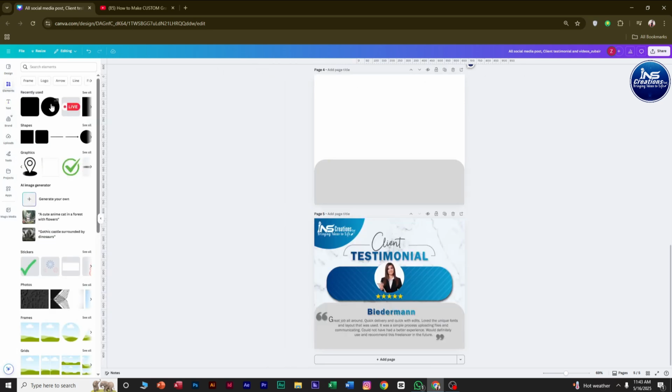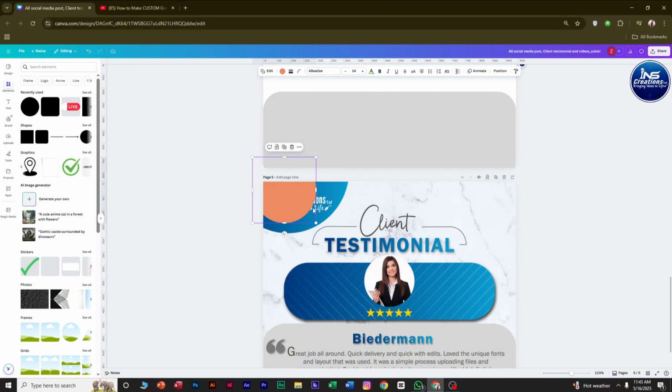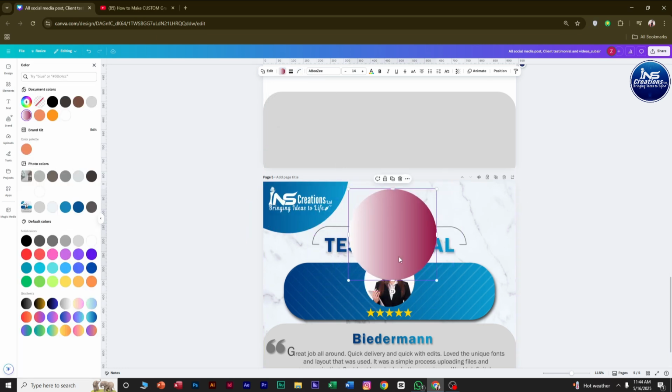So now let's take a circle from the elements panel and align it to the top left corner, just like maybe this one. Okay, so we need to add a gradient color to the circle, so let's see how we can do that. Here's the circle here we have. So to take the gradient from the picture, we have to first click on the color panel, then go to